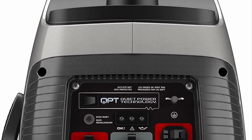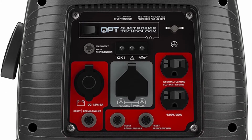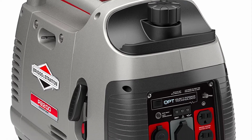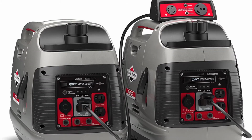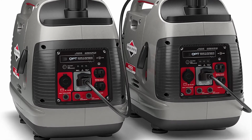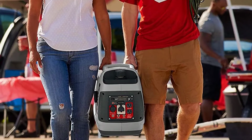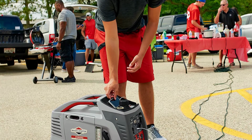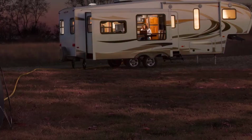manoeuvrability. In terms of drawbacks, there is one potential pitfall of this model: it won't ship to customers in California. Unfortunately, this Briggs & Stratton inverter generator won't pass emissions rules for the state, and the company hasn't yet created a California-compliant option. And although the decibel output is relatively low, it's not the quietest generator available, but in terms of sticking to a budget, Briggs & Stratton might be the ideal solution, as long as you don't live in